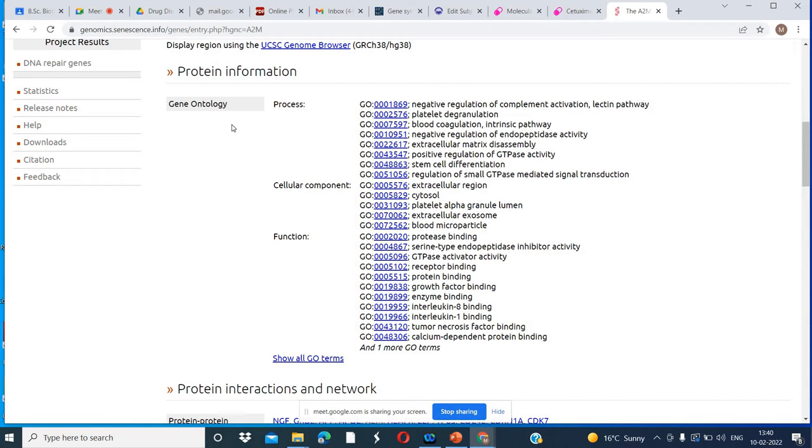Here you can see there are many more processes: platelet degranulation, blood coagulation, intrinsic pathway, negative regulation of endopeptidase activity, extracellular matrix disassembly, positive regulation of GTPase activity, stem cell differentiation, regulation of small GTPase mediated signal transduction. So these are the processes in which this gene is involved.